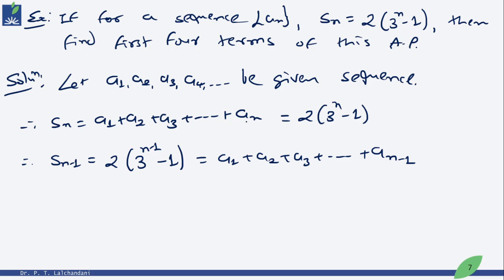That means the formula for the nth term of the arithmetic progression. Now once you have the formula for an, put n equal to 1, you will get the first term. Put n equal to 2, you will get the second term. N equal to 3, you will get the third term, and so on. So therefore